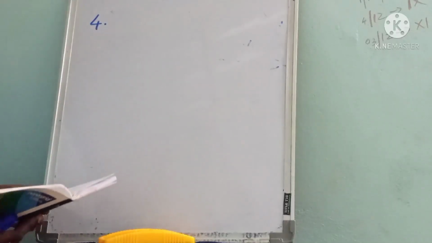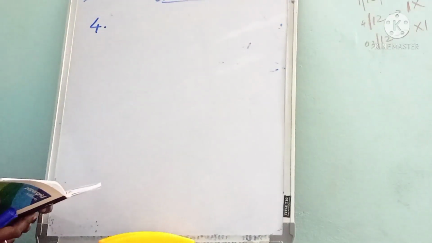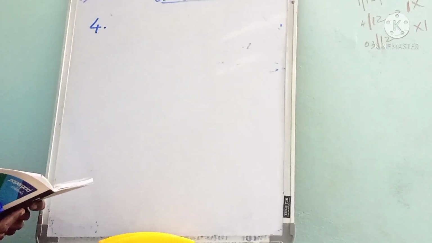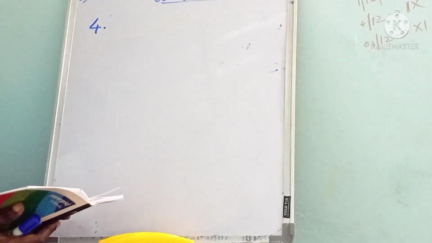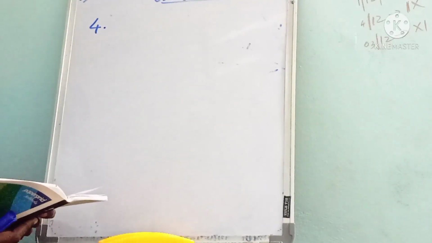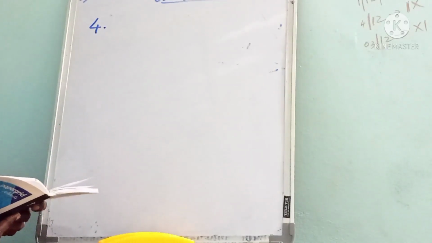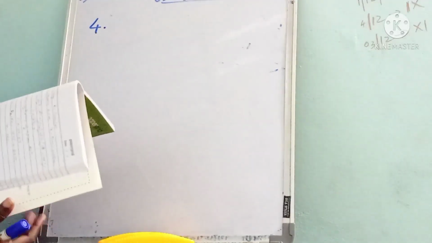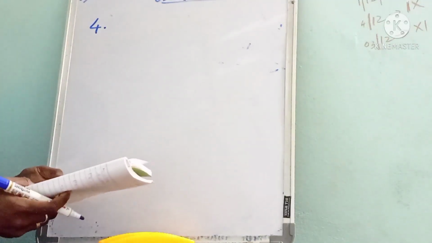Next, the fourth question is, a block whose mass is 1 kg is fastened to a spring. The spring has a spring constant of 50 Newton per meter. The block is pulled to a distance x equal to 10 centimeter from its equilibrium position at x equal to 0 on a frictionless surface from rest at t equal to 0. Here we have to find the kinetic, potential and total energies of the block when it is 5 centimeter away from the mean position. Okay, here we have to find the kinetic energy, then potential energy, and then the total energy of the spring, 5 centimeter away from the mean position.